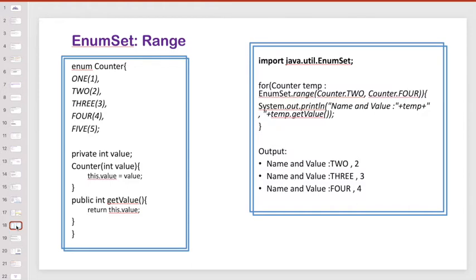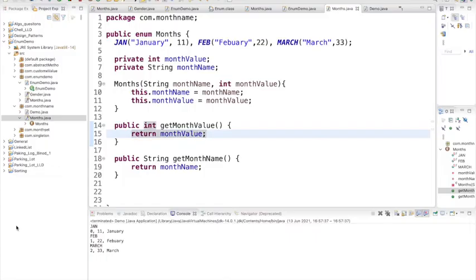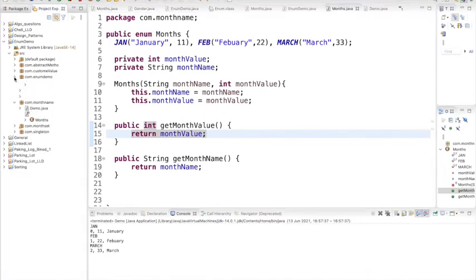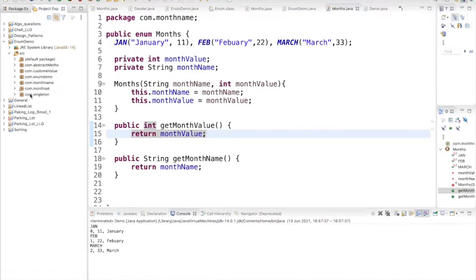Now the interesting thing is the enum set. So now you are thinking that if we already have the set in Java, why should I use the enum set? But there is something interesting here. Let me show the code for what the enum is. One of the good things I could capture, I want to show here.